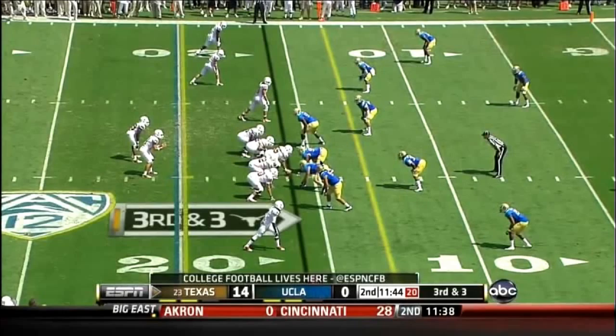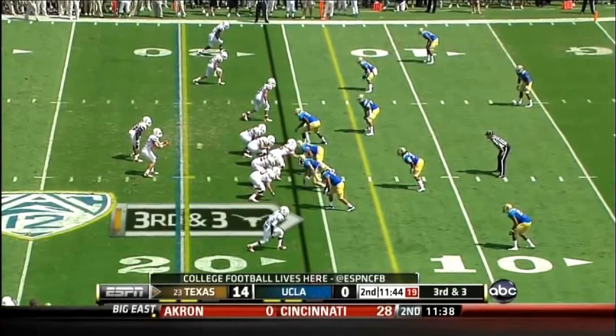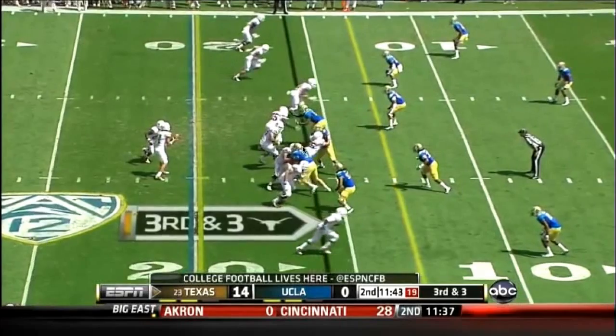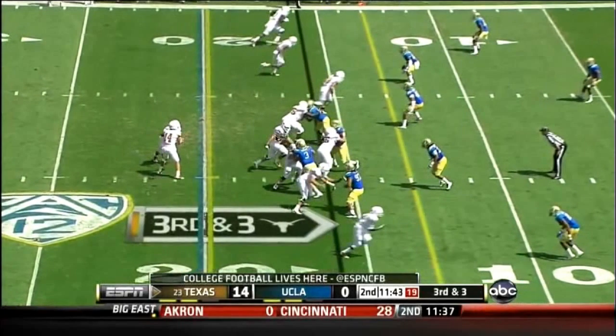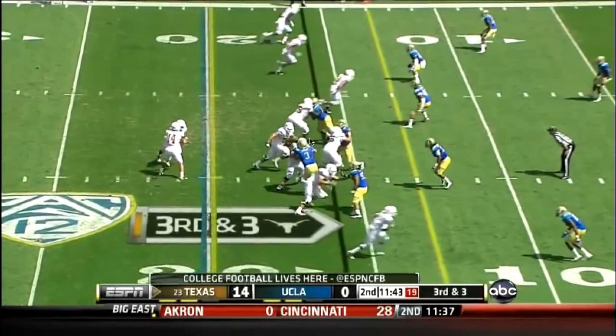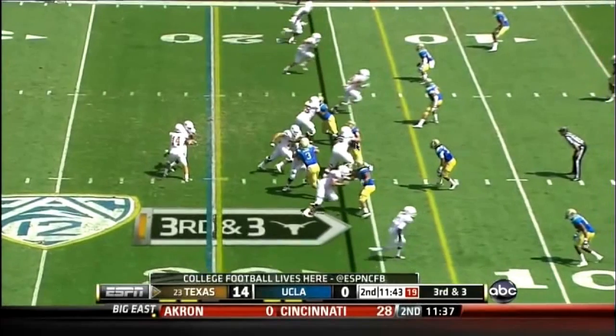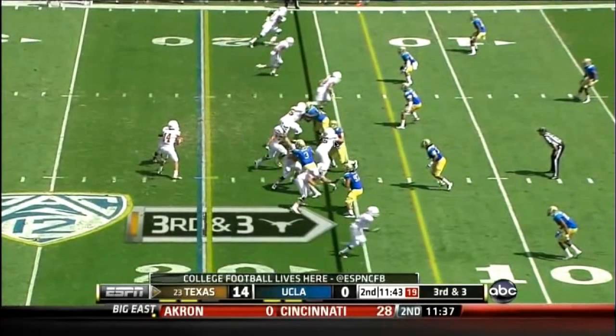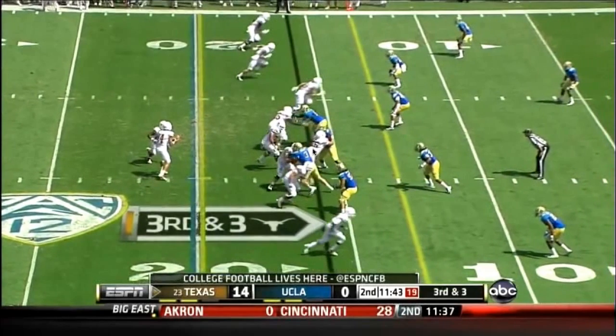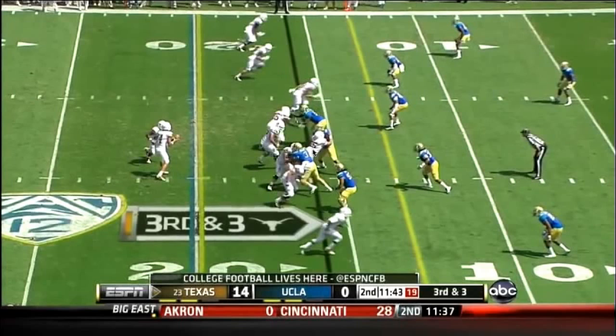And then we show a technique we've never shown before, which is a fold technique on this draw play. And that's between Espinosa and Snow here. What a fold block is, is where you have 2 players that are going to exchange responsibilities. And sometimes this would be called guard around center as well, or GAC. But basically,